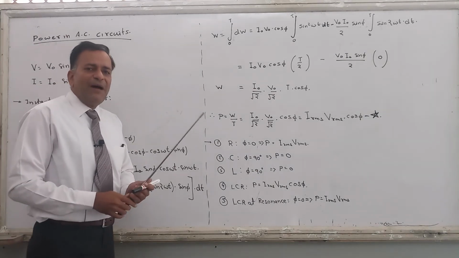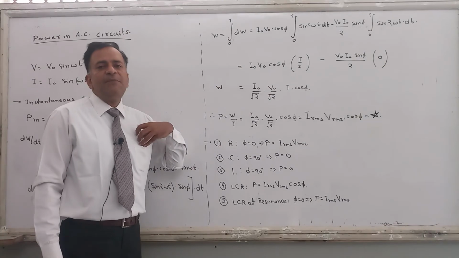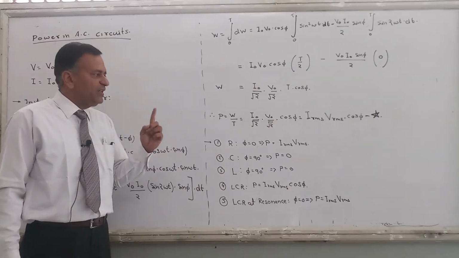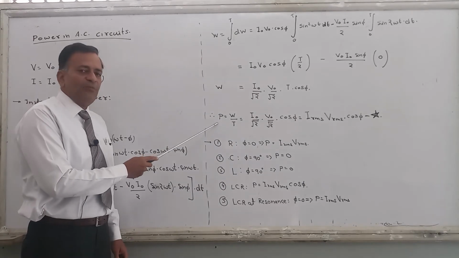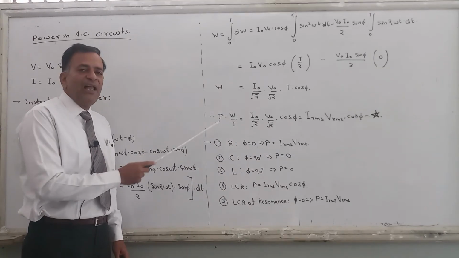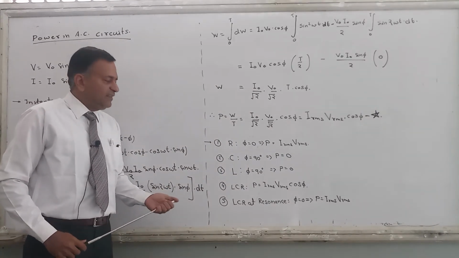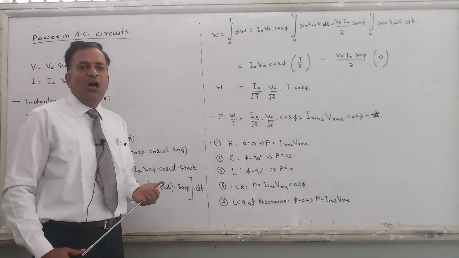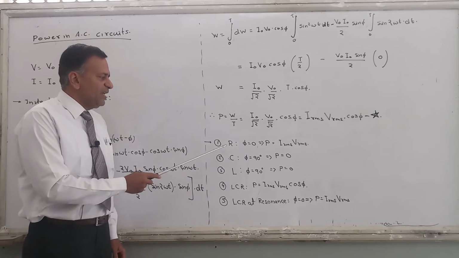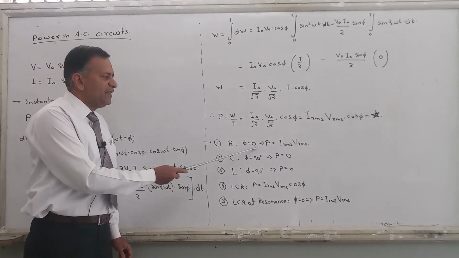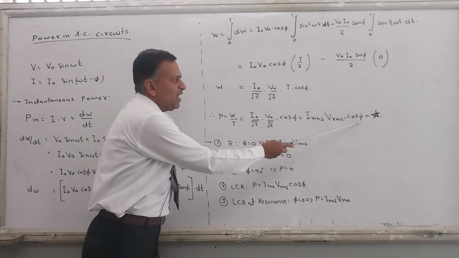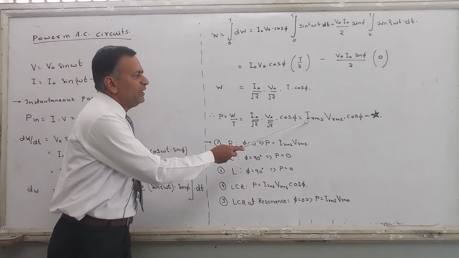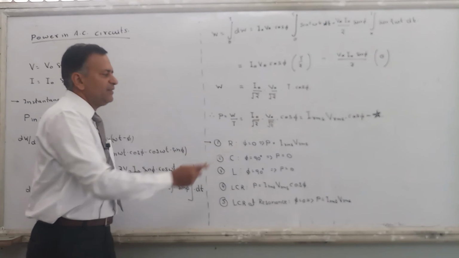All right, where can we use this power? Wherever in any AC circuit you are asked for power for one complete cycle, you can directly apply this formula. Now we are going to apply this formula for some electric circuits. For example, your first circuit is the pure resistive circuit. In a pure resistive circuit, what is the value of phi? It is 0. So if phi is 0, cos phi will be equal to 1, and therefore power will be equal to only this IRMS VRMS.